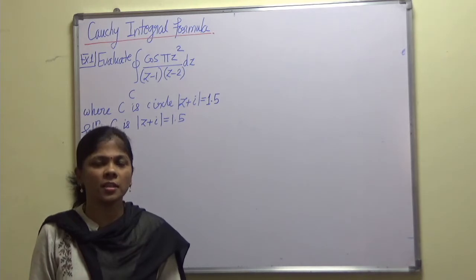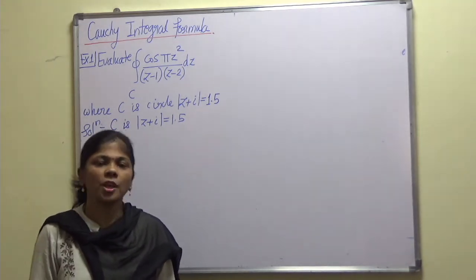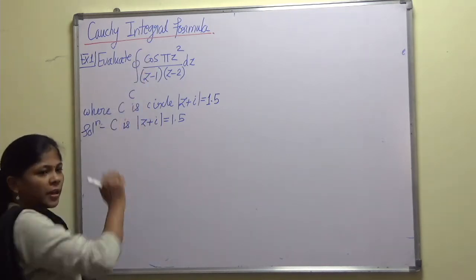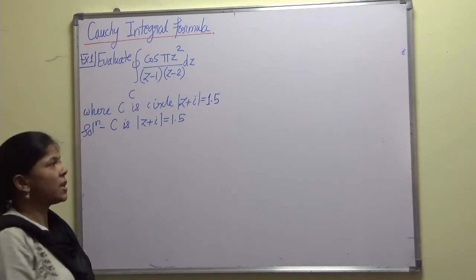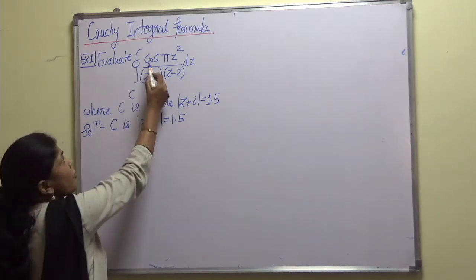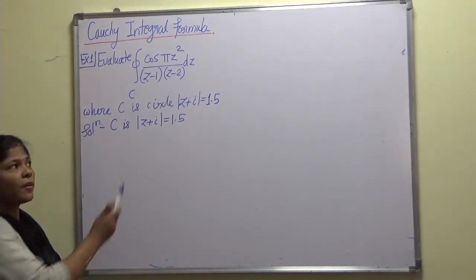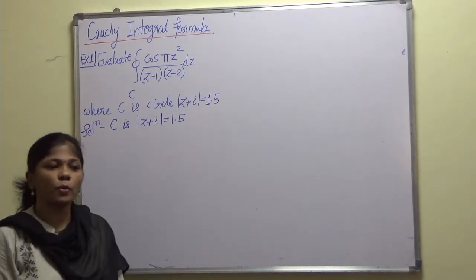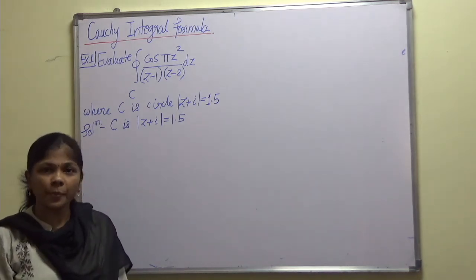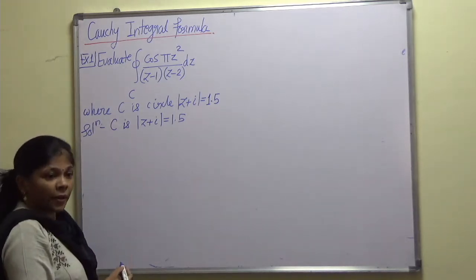Today I shall discuss a few more important examples based on Cauchy integral formula. Right? So the first example which I am dealing with is the integration over C of cos(πz²) upon (z−1)(z−2), where C is given as |z+i| = 1.5. So as per our procedure, we will first find out the center and the radius